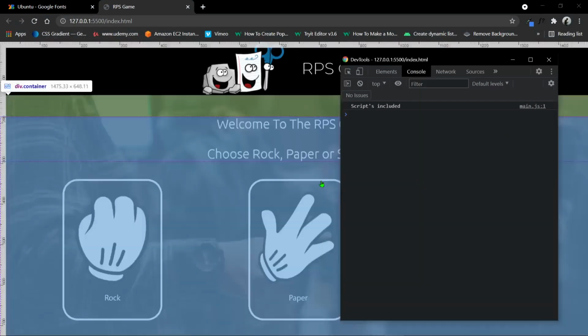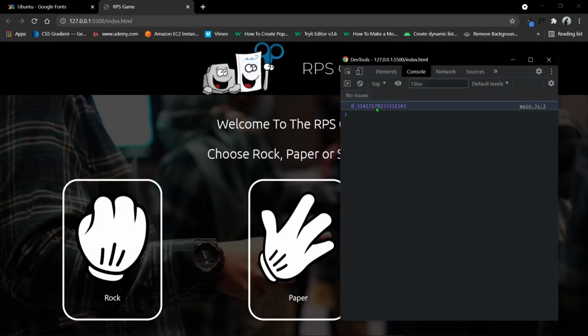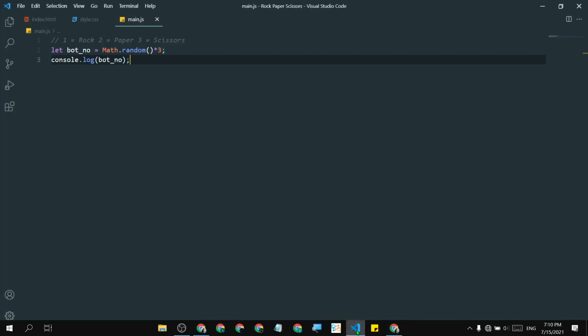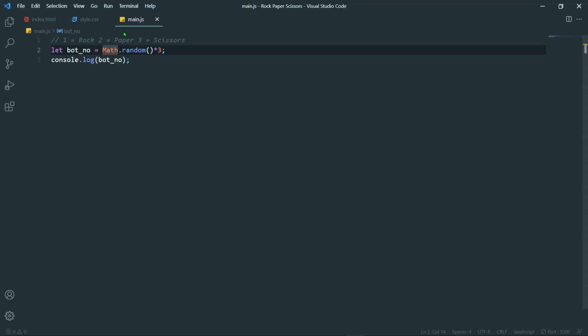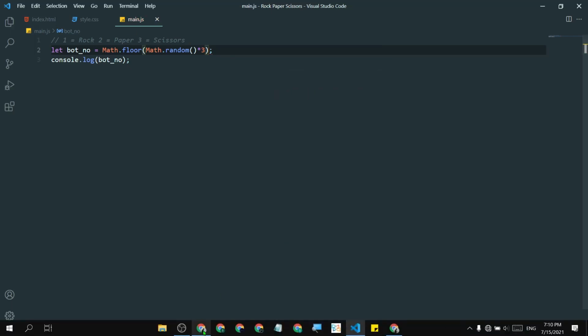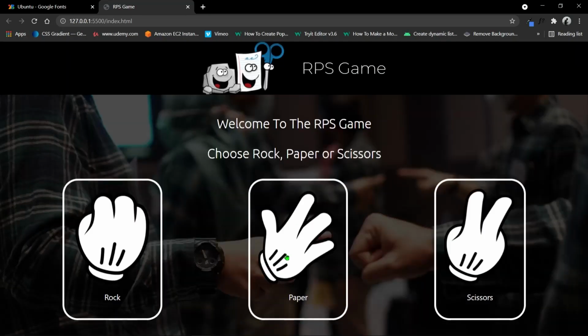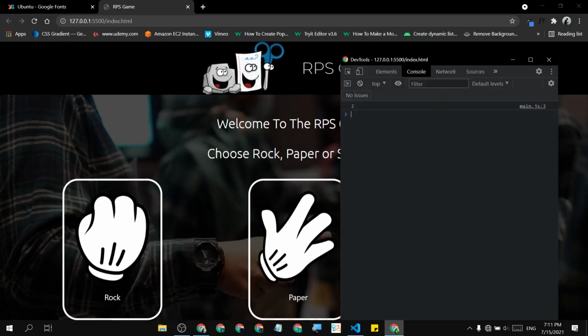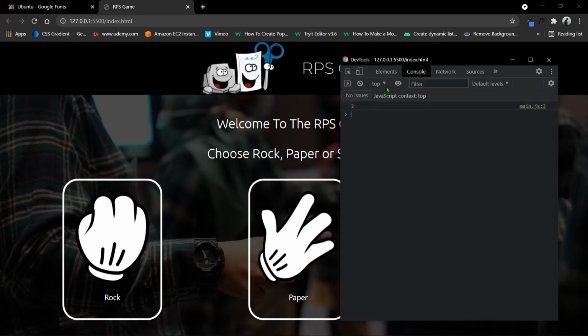Let's open our console. Yeah, we need to do Math.floor. What this will do is round off the decimal number down to a whole number. Okay, so it's 2 now.